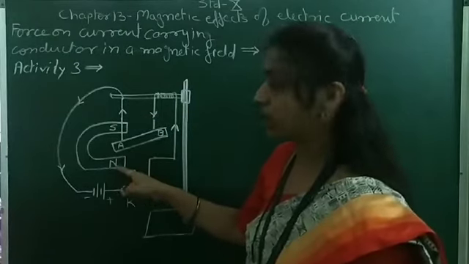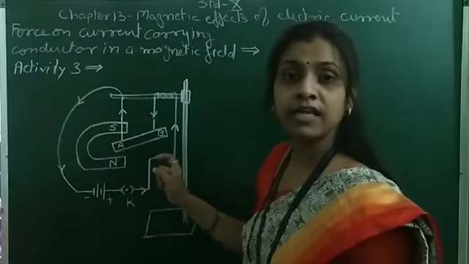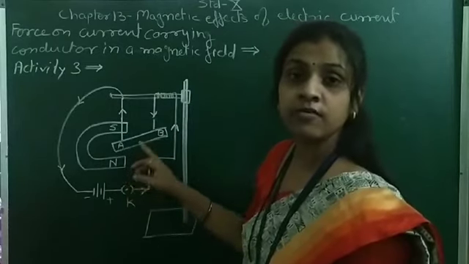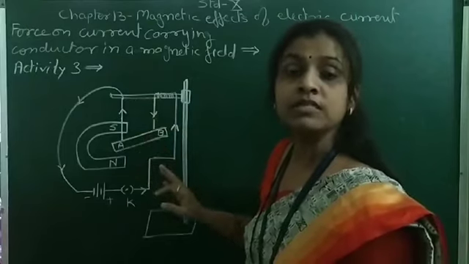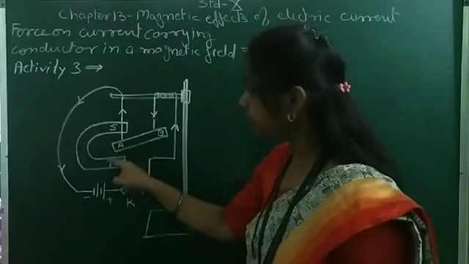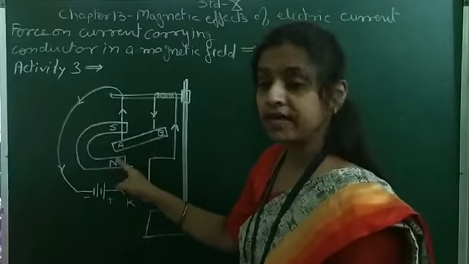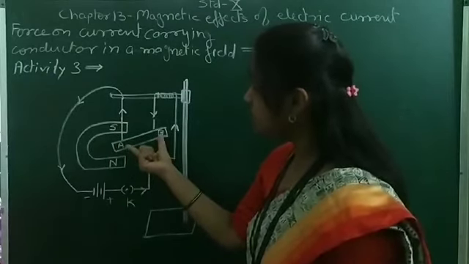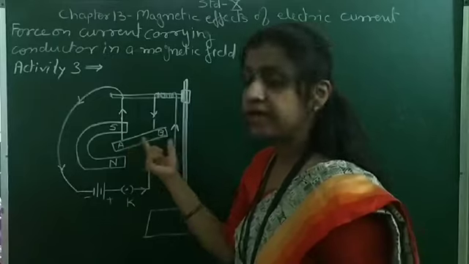So in this case, the direction of the magnetic field is upward, and this is the aluminium rod which is suspended